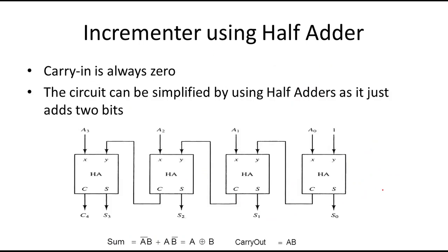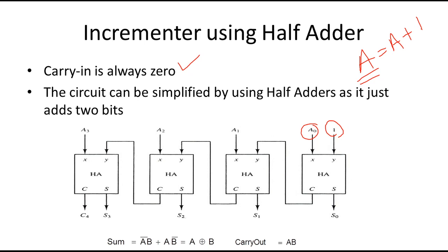So for an incrementer using half adders, carry in is always 0. For that we can just switch that carry to 1 because we just need to add 1. And as we know, the binary representation of decimal 1 is 1, so at the start we just add 1 as our first operand, and the second one is the least significant bit of our number A that we want to increment, or A is equal to A plus 1.